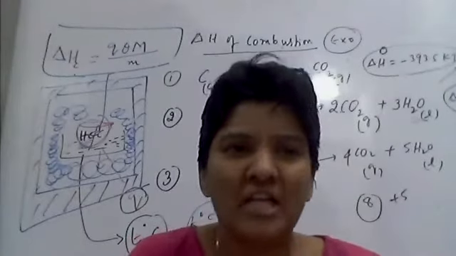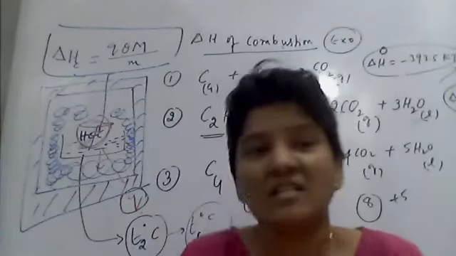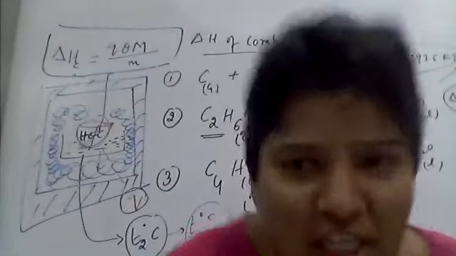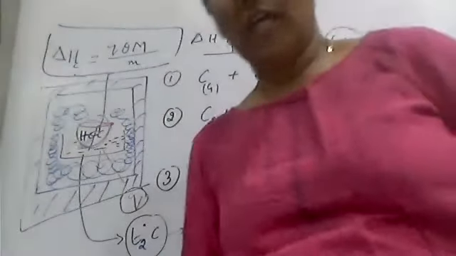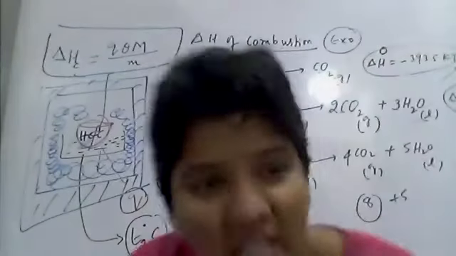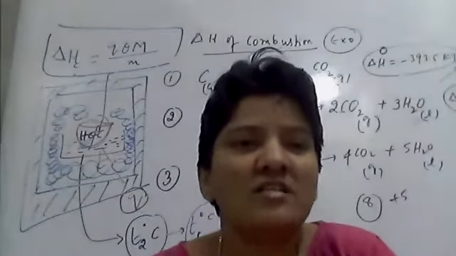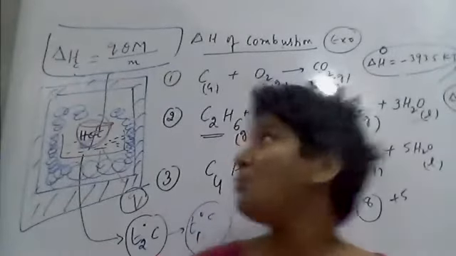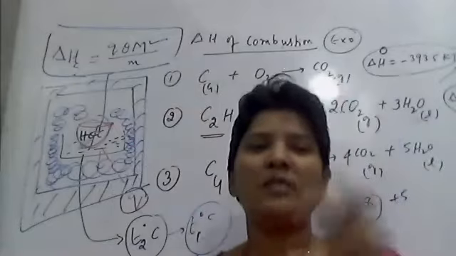C6H5 phenyl COOH. To the benzene ring, if you attach the COOH, it will have 7 carbons. C6H5 COOH, so C7H6O2. The benzoic acid molecular weight is 122. So this benzoic acid